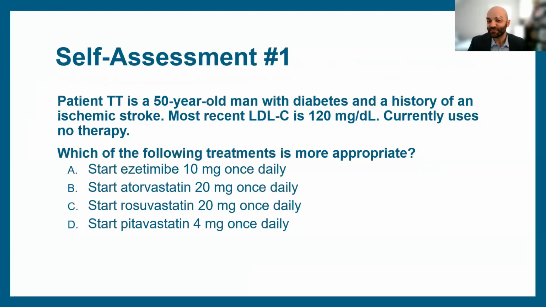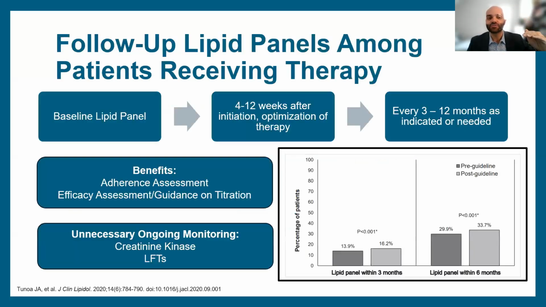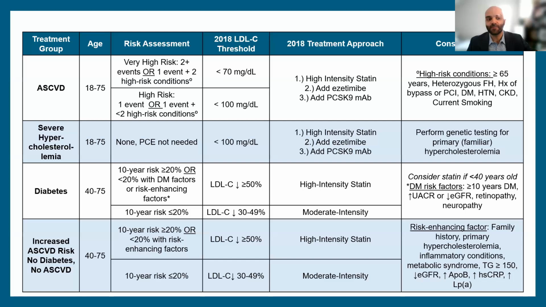And yes, an ischemic stroke would be in that bucket of ASCVD. The trick was that they have diabetes, so you might think a moderate intensity statin is fine, but you really should be considering that they have an ischemic stroke as a first question. Once we know they have an ischemic stroke, looking back up here, starting left to right: yes, they have ASCVD.